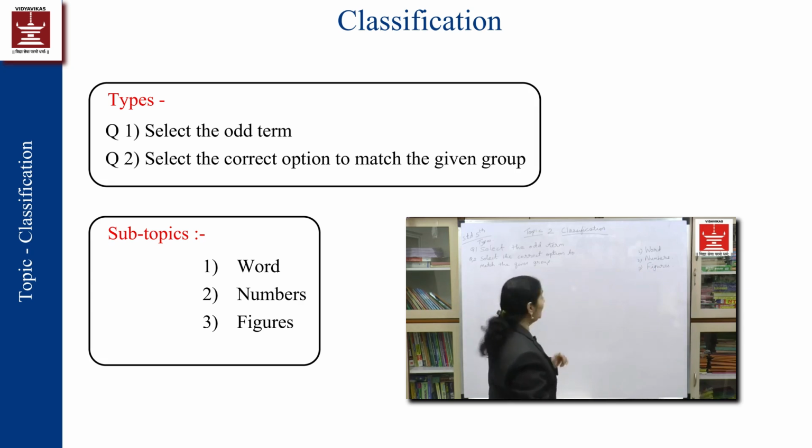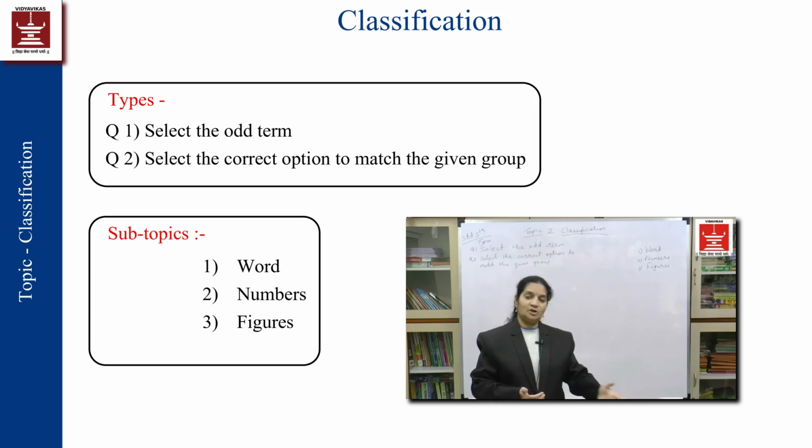So when you have words, you need to have all knowledge from your language. Different types of words, as we have seen in comprehension also. Opposite words, similar words, meaning of the word, from what category they come, what similarity they can possess. All that knowledge you need to have. Nothing directly will be asked over here. All these are indirect questions. The type is select the odd man out. So from the given group, you have to select what is odd.